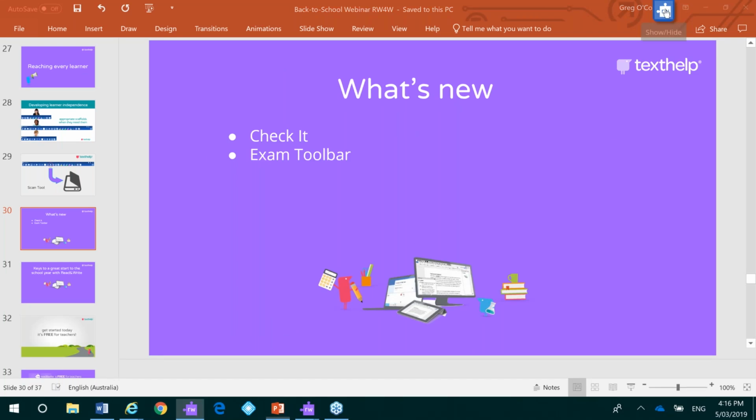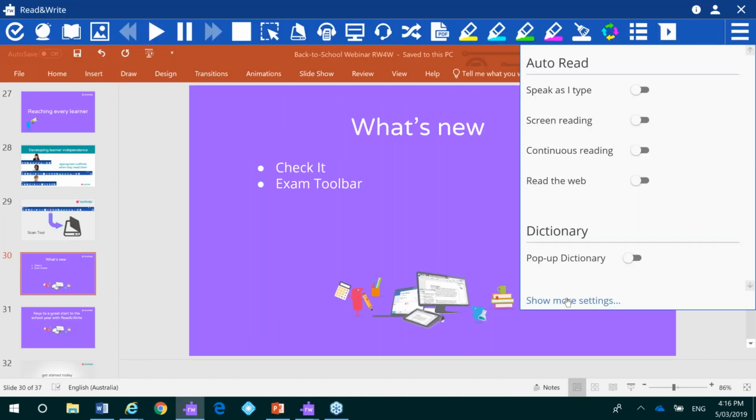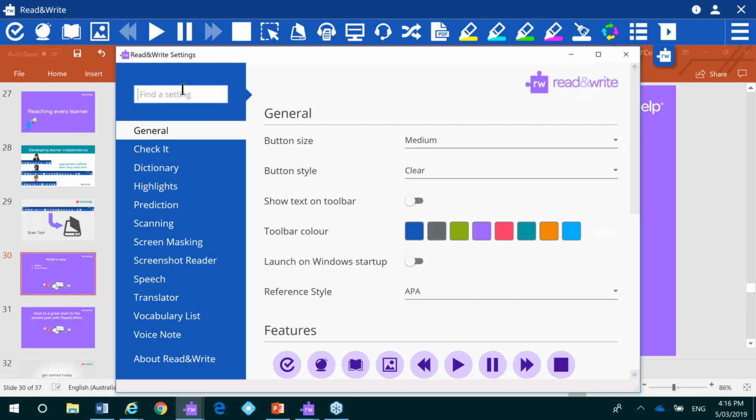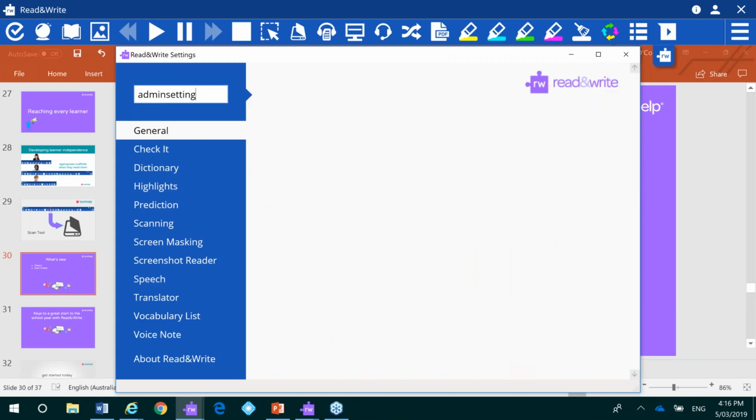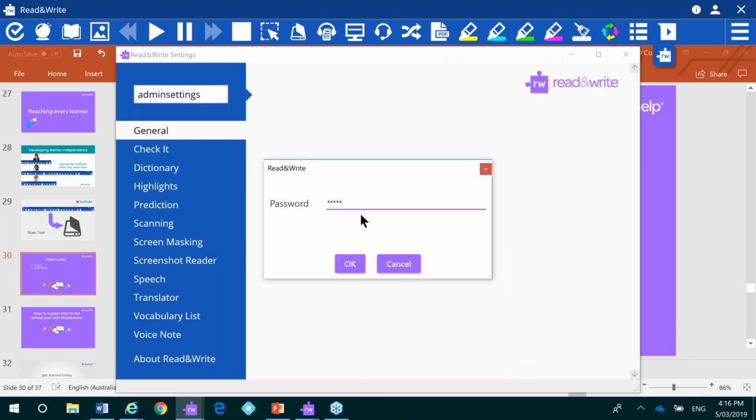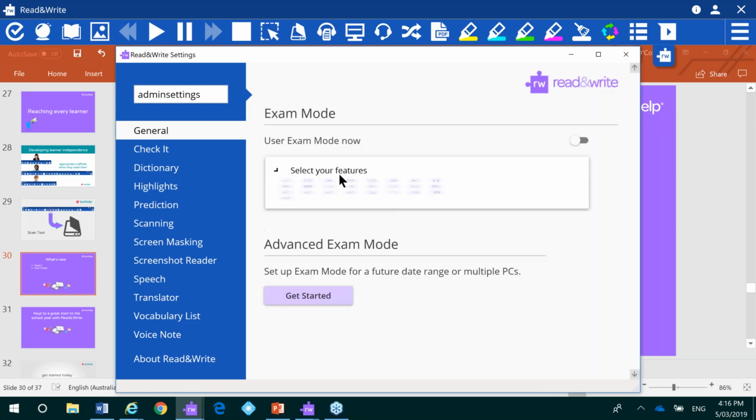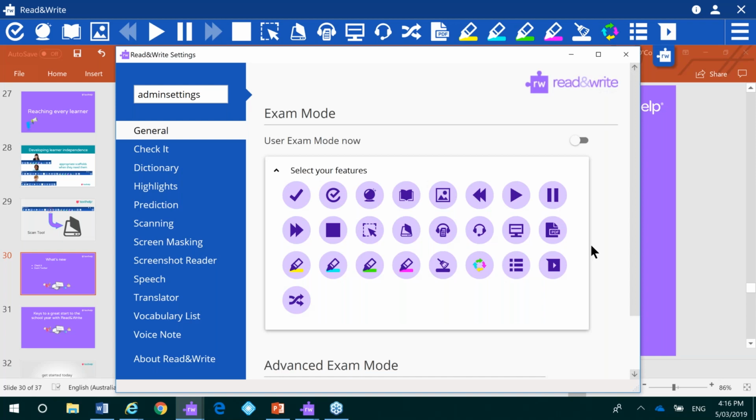Write for Windows toolbar, if I go into settings and go into show more settings, and then up here where it's got find setting, I can type in admin settings, and then I've got a password set up already. And I can go in here and I can decide which of these features a particular student can have access to or not have access to. And the student can actually turn these off themselves as well, but I can do it and lock it down for some students. So for younger students, I might want certain features not available, or just as important, I actually